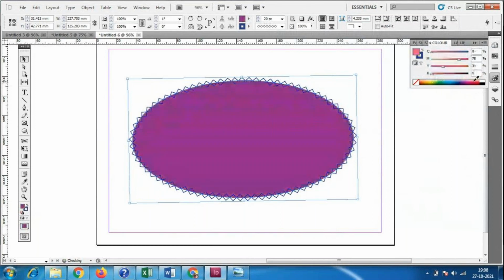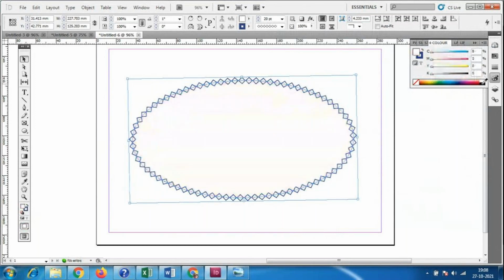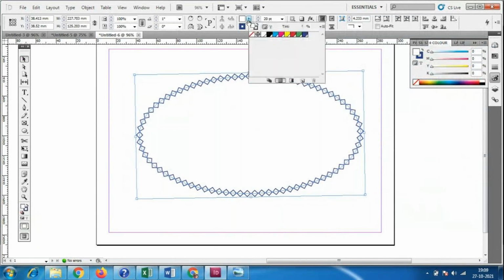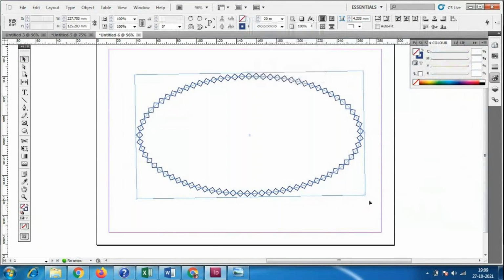We have black and white colors here. If we don't want the color inside, we only want the outline, then we have to use the none option. Now we don't have the color inside, only the outline will be there.